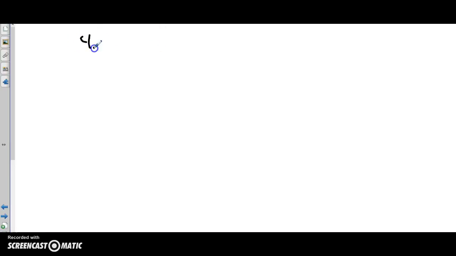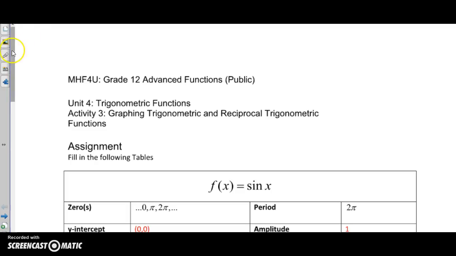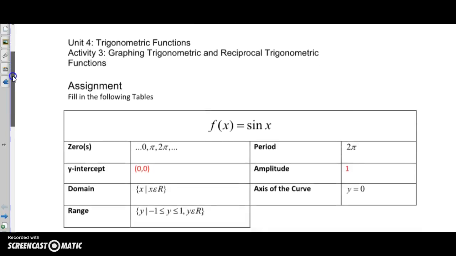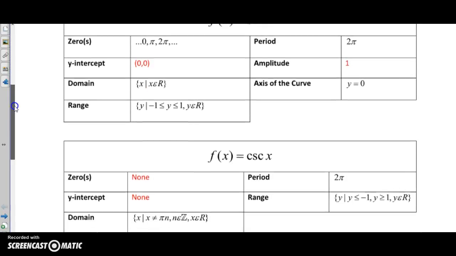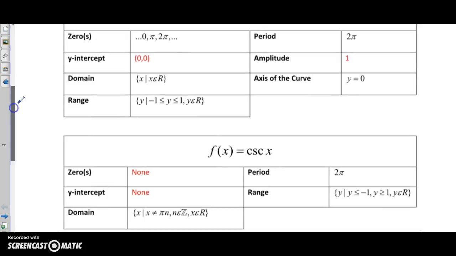Okay, guys, section 4.3, we're just going to look at graphing sine curves and cosine curves and cosecant curves and all that fun stuff. Okay, so this is the assignment with the answers here. I'll go through the example with sine, and then hopefully you can figure out the same thing applies